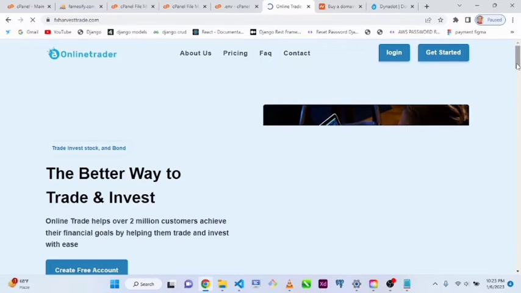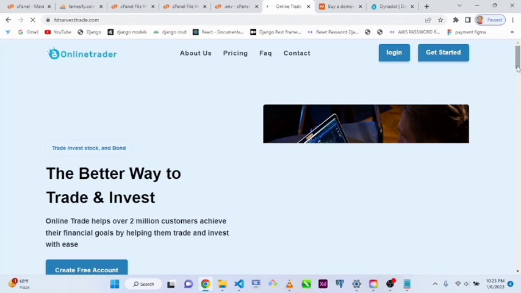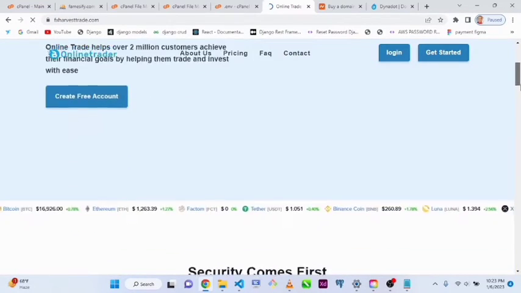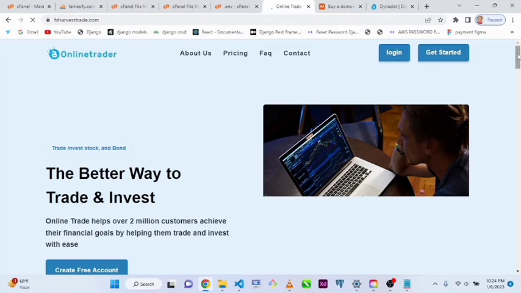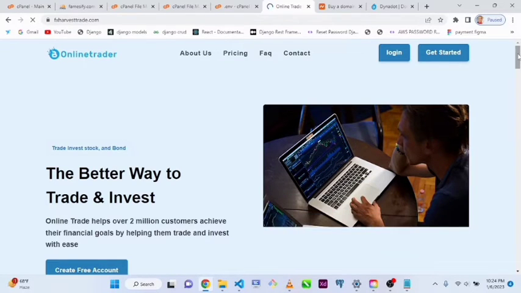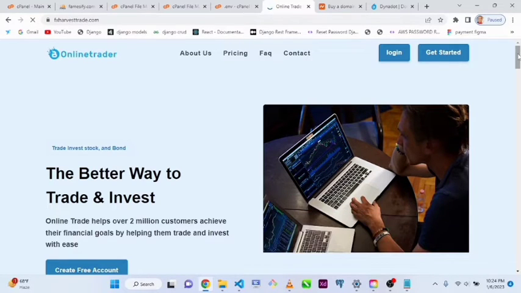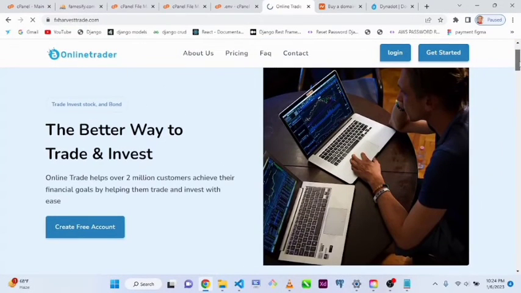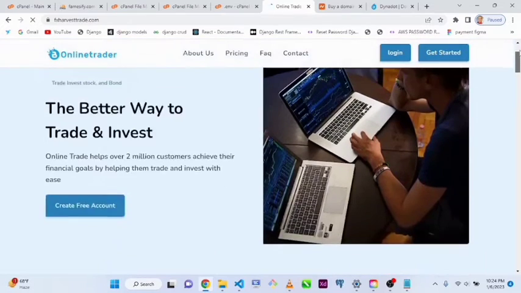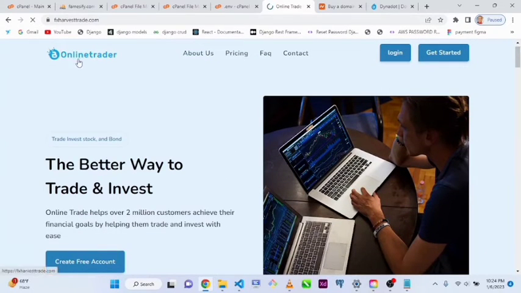website right there. So now this is your project. Okay, so make sure you follow all the steps. Don't miss anything on the setup if you want to get it right. As you can see, our website is loading. Our cryptocurrency website is loading. So online trader,